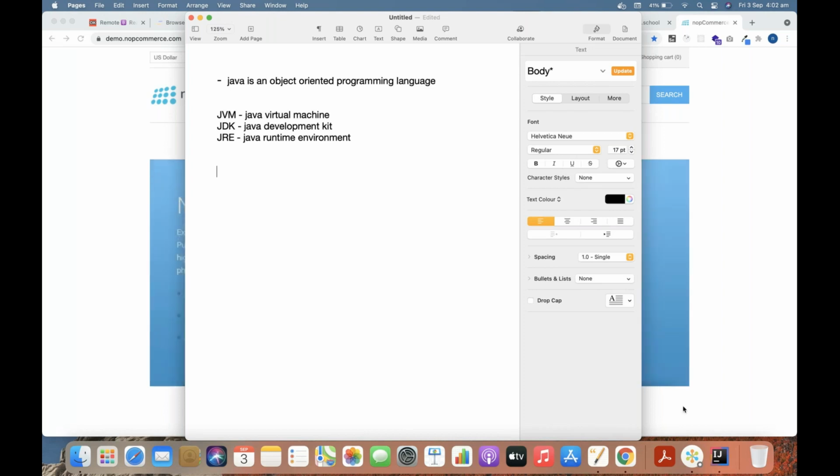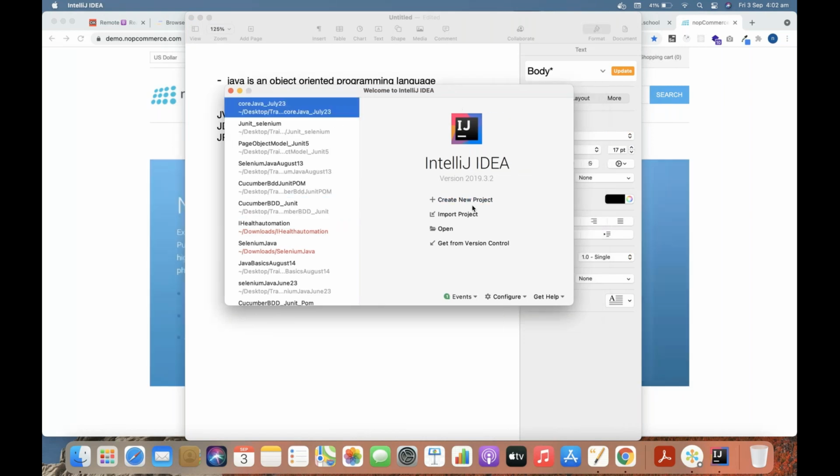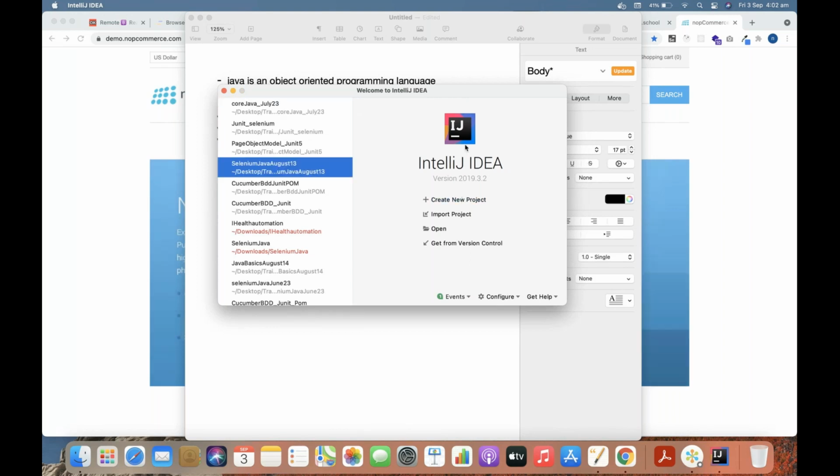Okay. So we just downloaded, right? You both have downloaded IntelliJ. We'll try to create a new project and understand how to create a new Java program first. Then we will start with the variables. So just launch your IntelliJ. If you are doing it along, you can follow along, or if you want to do it later, maybe you can follow the recording. I'm just creating a new project.